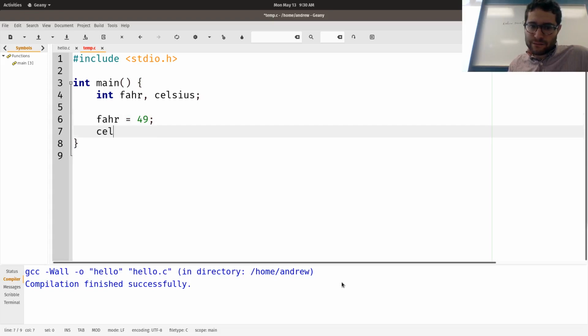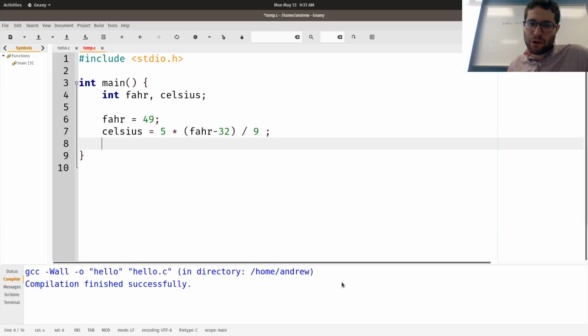So let's go ahead and figure out how to convert that into Celsius. So Celsius is equal to, and this will go over a lot of things all at once. 5 times, let's see, it should be Fahrenheit minus 32 times 5/9, right? So I'm going to do 5 times, and I'm going to do this for a reason in this order. 5 times Fahrenheit minus 32 divided by 9, which is totally appropriate due to order of operations.